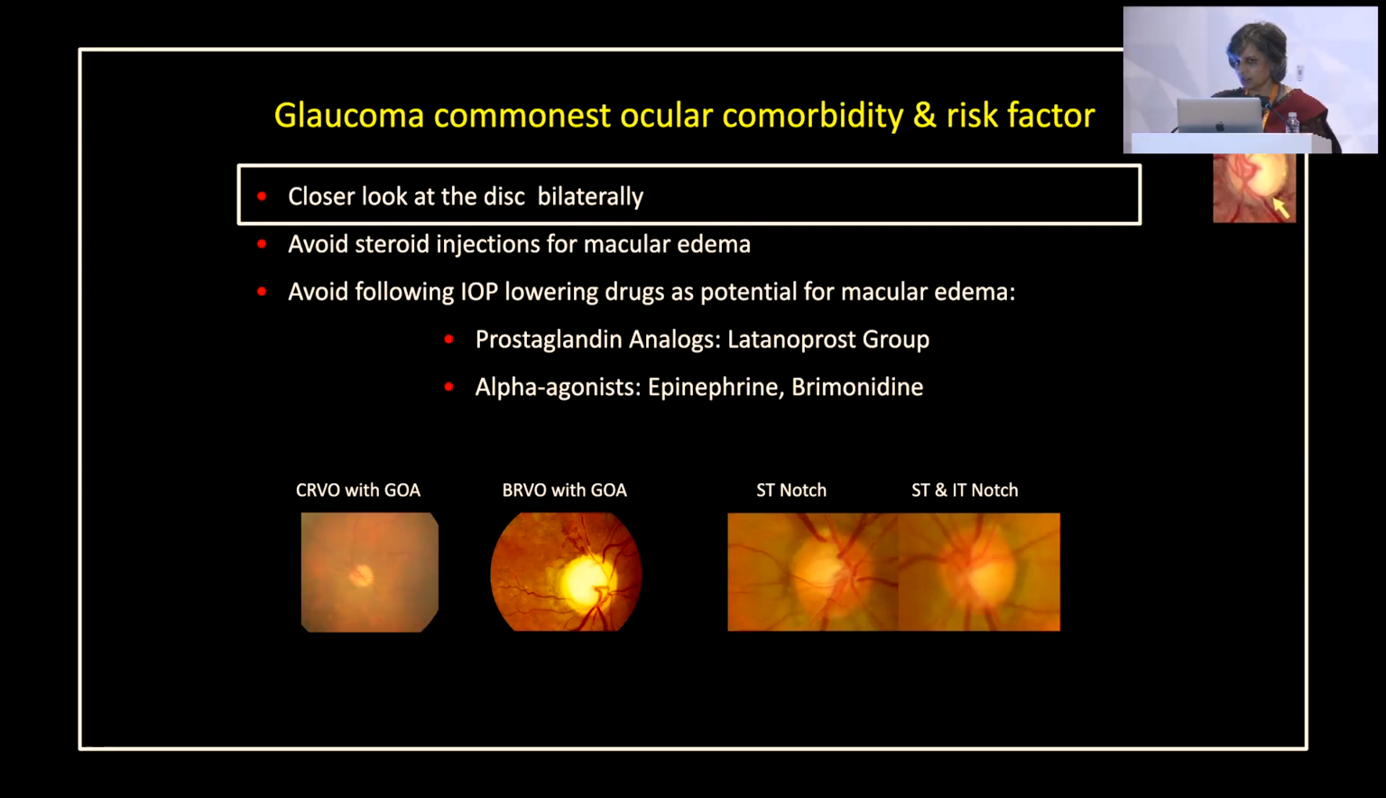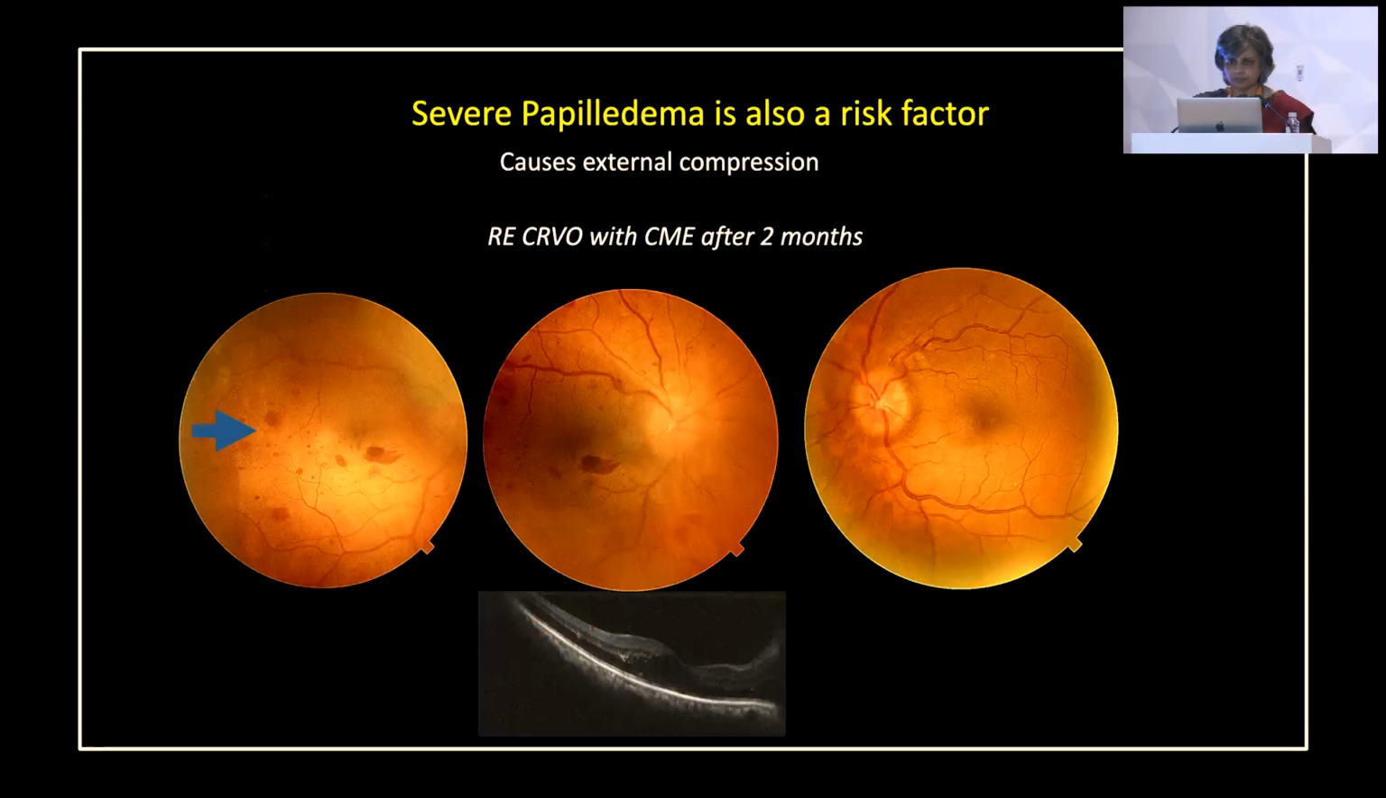Once we know that it is a glaucoma patient, we start treatment for glaucoma and we try to avoid injecting intravitreal steroids because that would increase the IOP. As well, when treatment for glaucoma starts, we request the glaucoma physician to avoid prostaglandin analogs and alpha agonists, which can increase the incidence of macular edema. I've also found patients with papilledema coming with vein occlusions in their subsequent visits, probably because of external compression